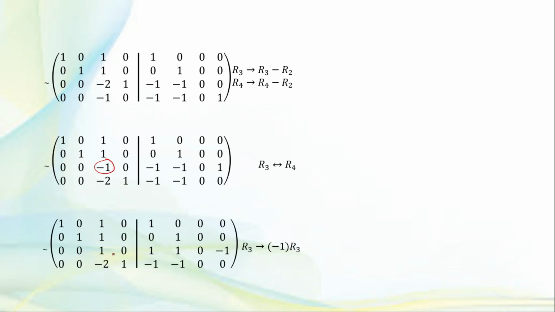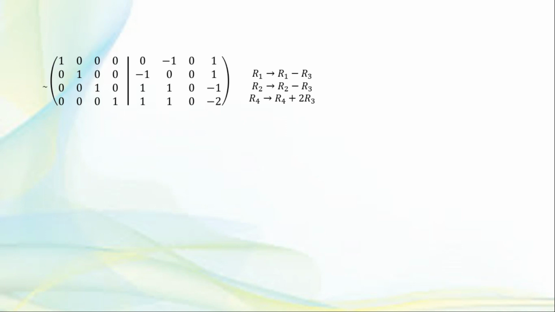And next, we want to make this minus 2 and the elements above, 1 1, as 0. So write the transformations for that. These are the transformations. Then the matrix will be like this. Here the left side matrix is now an identity matrix of order 4 by 4, isn't it? So corresponding changes are done in the right side also. Then we got a new matrix. So this will be our A inverse.